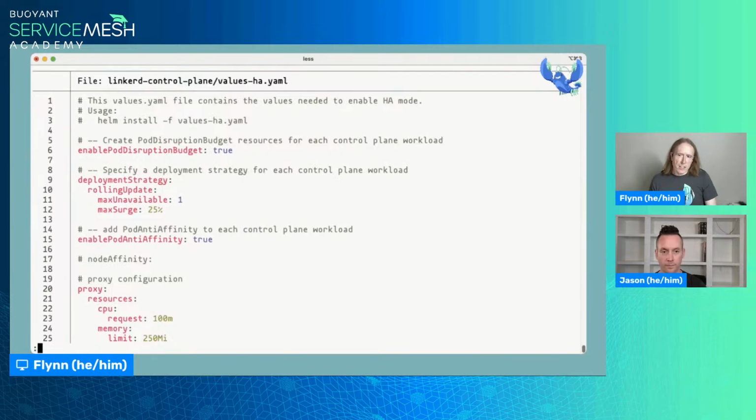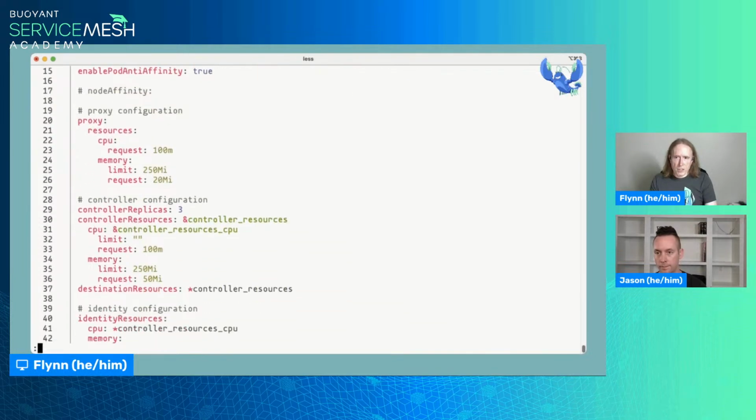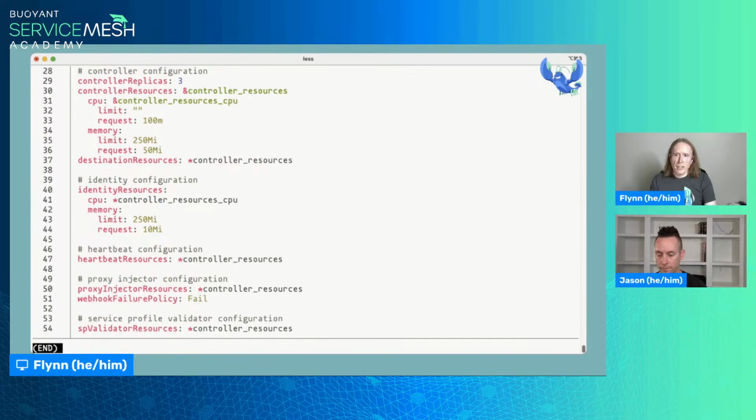A lot of this is stuff where it's probably worth reading on your own, but some of these that are particularly important are: we explicitly enable pod anti-affinity to make sure that we're not putting 2 control plane replicas on the same node. We explicitly make requests for the proxy, and then we make a different set of requests for all the controllers in the control plane.